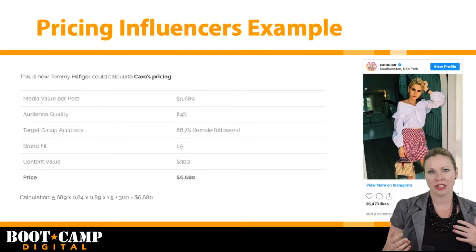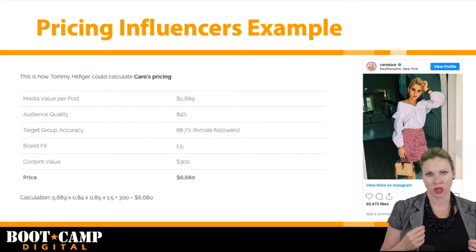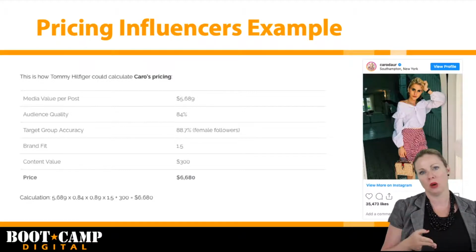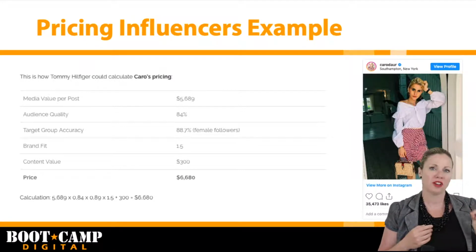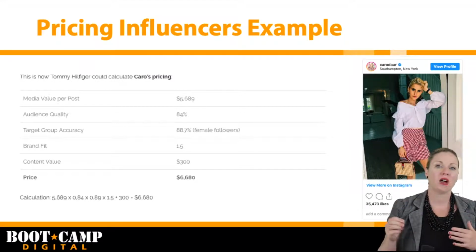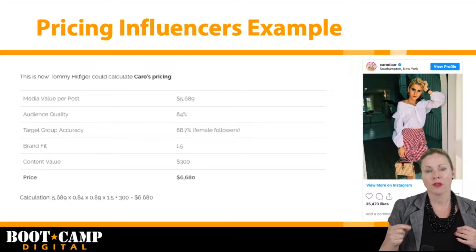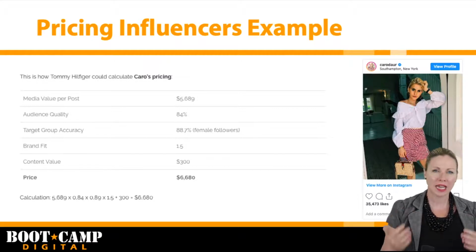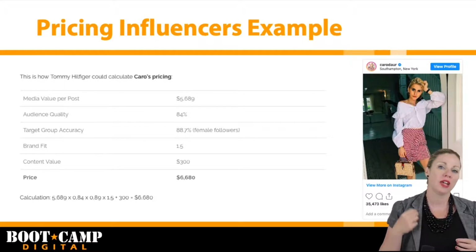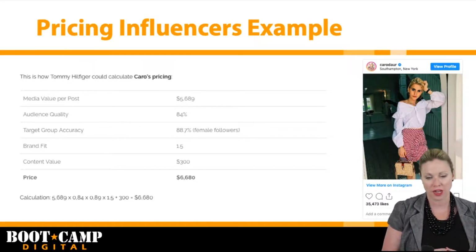The thing to keep in mind, though, about this payment structure is that each influencer is valued differently for different brands. So if I'm evaluating an influencer to sell women's yoga pants, I'm going to come up with a different score for that influencer than if I'm evaluating that same person to sell a new fitness gadget, for example. So keep in mind that this isn't a single static number that you'll calculate for each influencer that you could use across brands. You need to calculate it for each brand because each brand has their own unique characteristics.